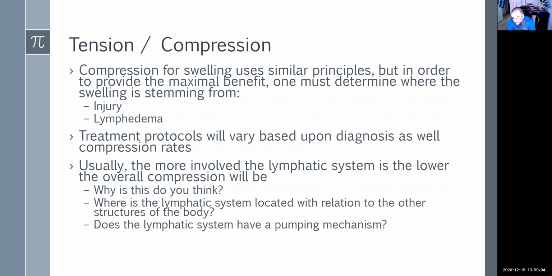Well, you've learned in anatomy, or hopefully you've learned in anatomy, the lymphatic system is a very shallow system, meaning it's not very deep in the body. So if I've got something that's really shallow on this ball and I put a lot of pressure on it, I've now squished it, right? So now that means that system is being compressed, which may cause the swelling to get worse. We may just want a slight compression on it in order to help the pumping mechanism get the stuff back. With the lymphatics, the majority of the pumping is going to occur through movement.